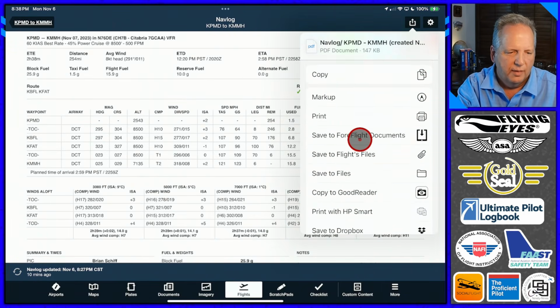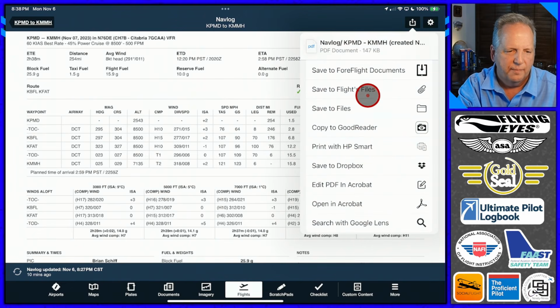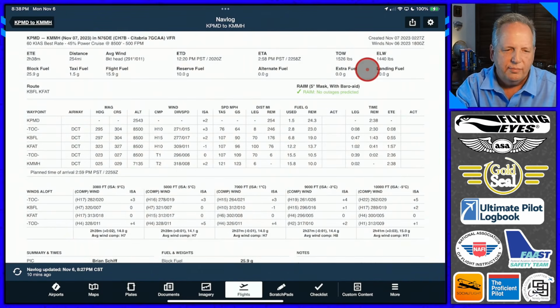What's really nice about that is, using my Apple Pencil, I can do my how goes it work. I passed this waypoint at this time, and so on and so forth. So I can keep track just as if I had a paper log on my kneeboard.